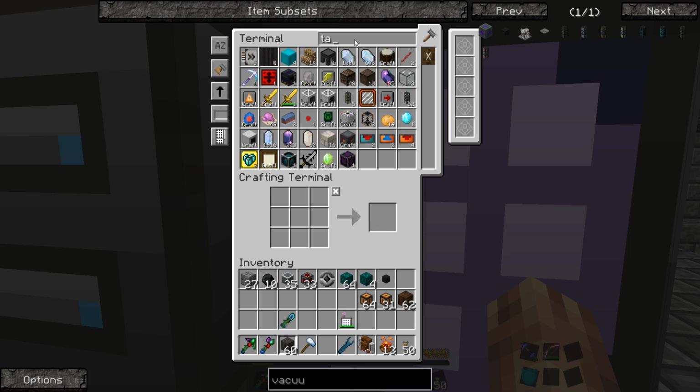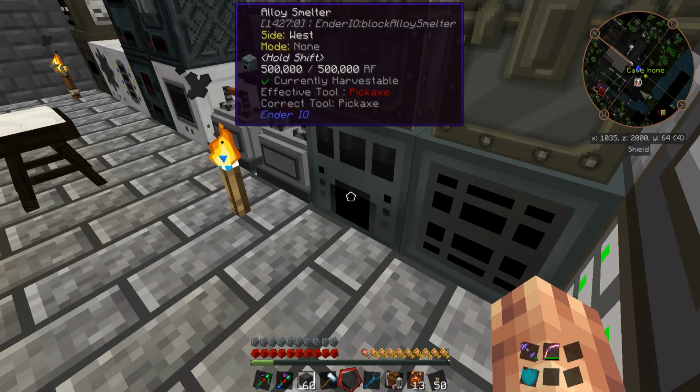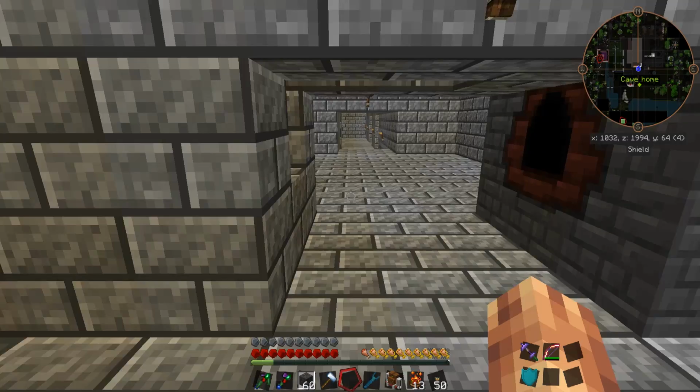And how about a tank? Do we have any spare tanks laying around? No, we have a portable tank. This will work for right now. We're going to want to come up with something a little bit different. Because